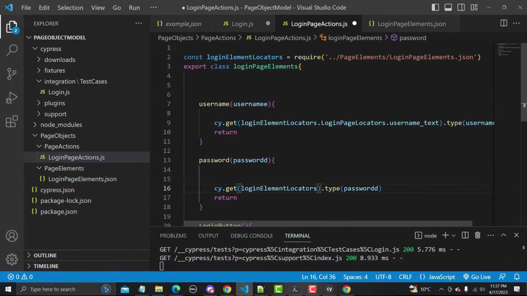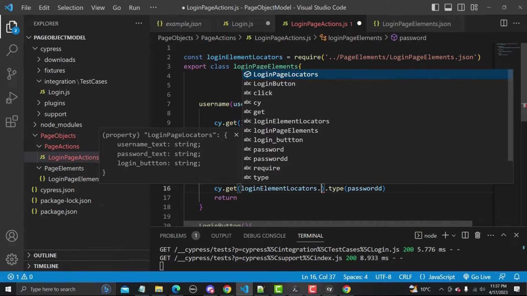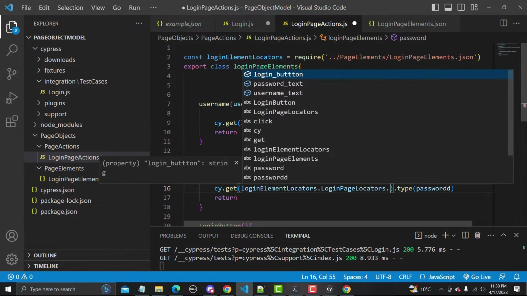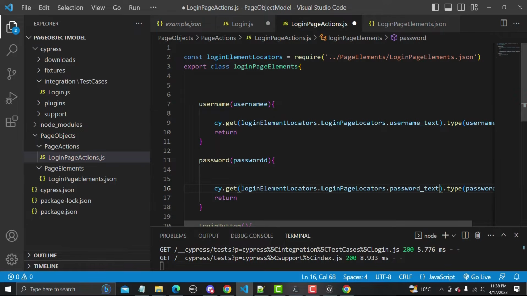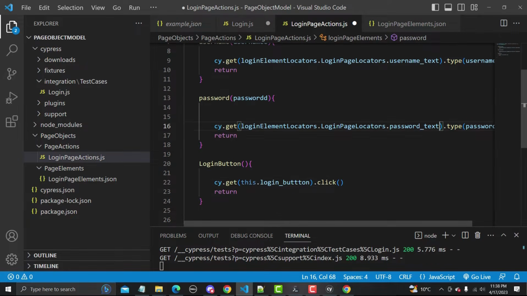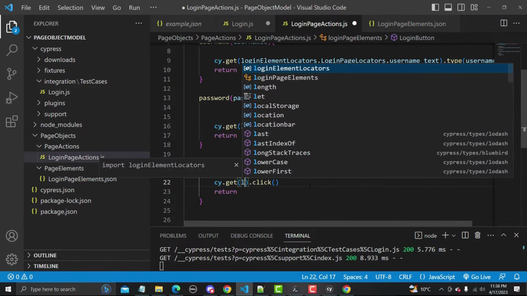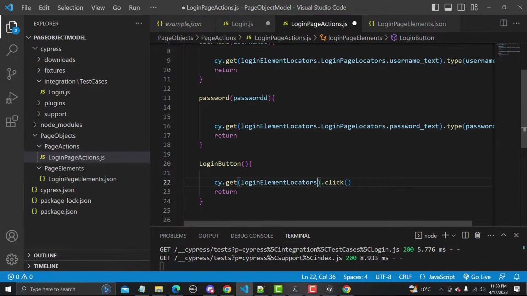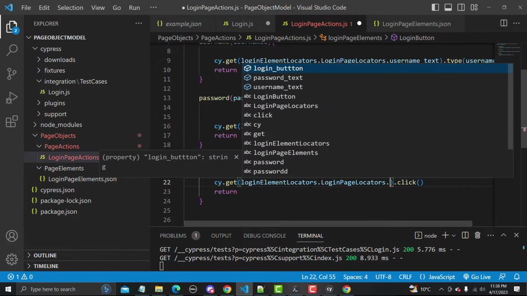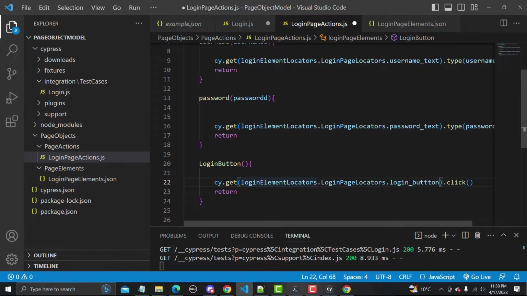So login element locators dot login page locators dot password, and finally we need to change for this button here. So login element locators dot login page locators dot we have this login button. So we have separated all three files.